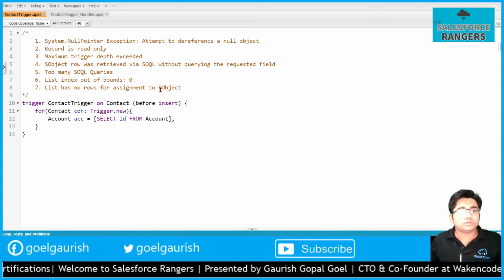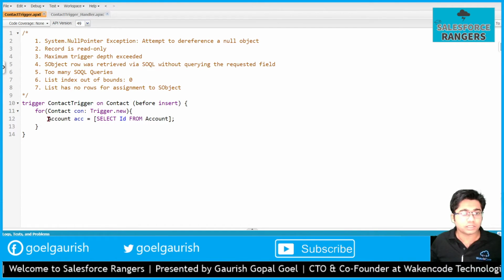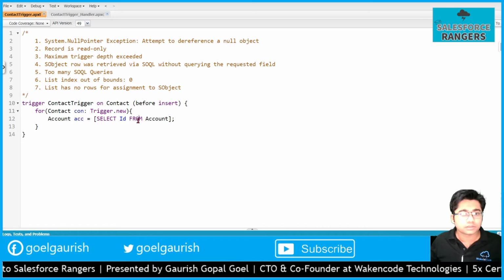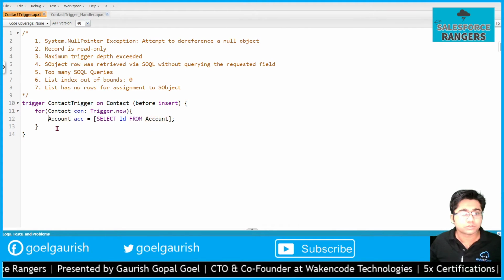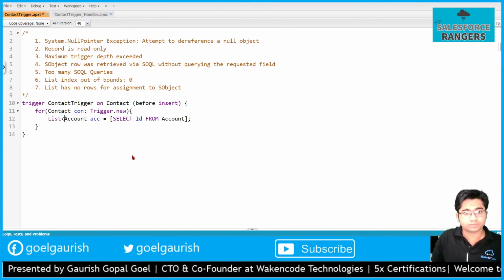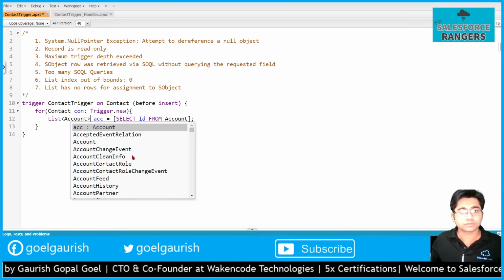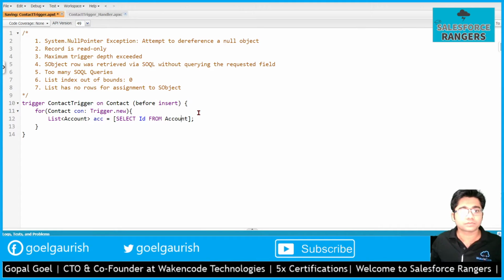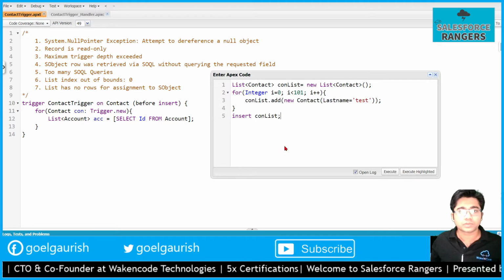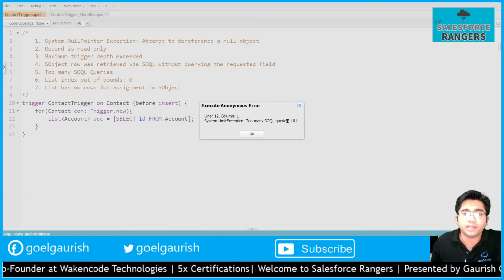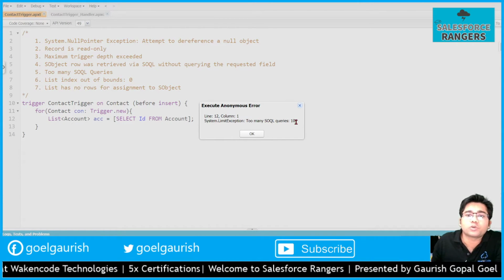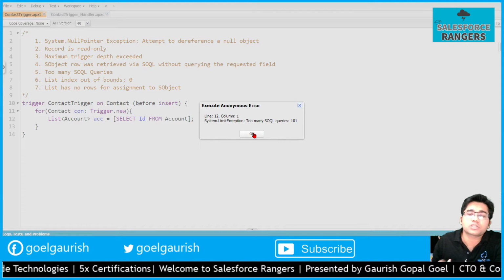Okay, so we did not see any count. Okay, let's execute this script again. See, too many SOQL queries: 101, because 100 is the limit.